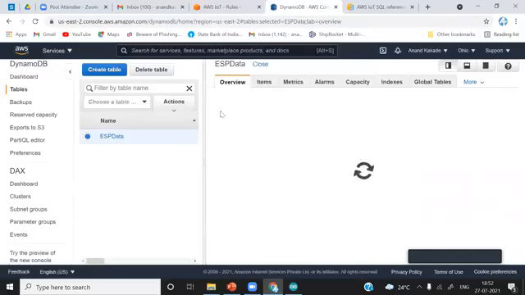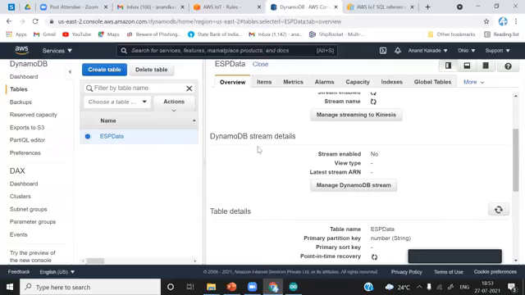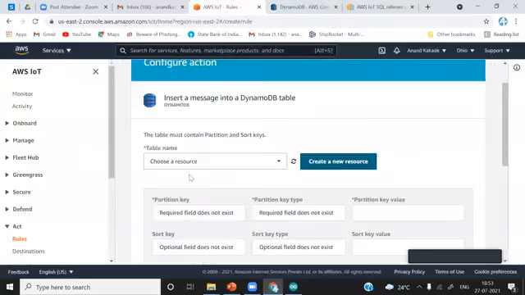Now we have created this ESP data table. You can see all the information related to this. Now what I will do, I will just go back again. You can see still it is not here. You have to press this refresh.